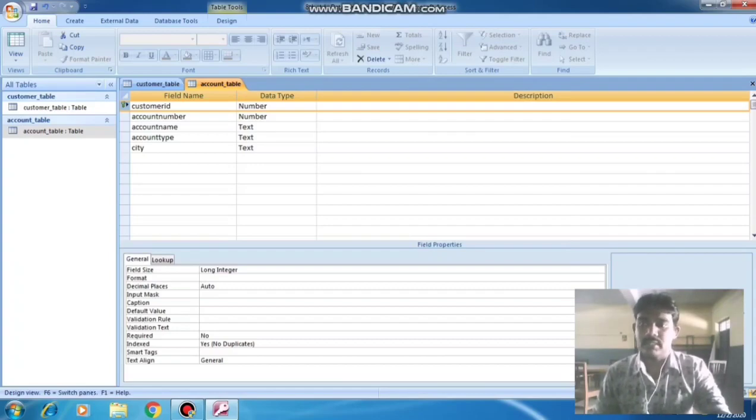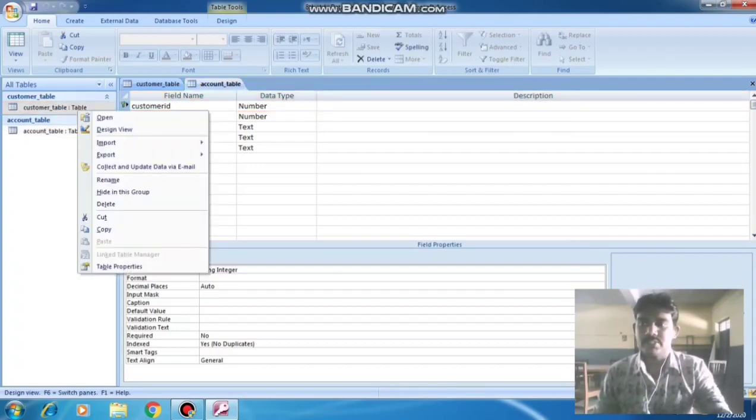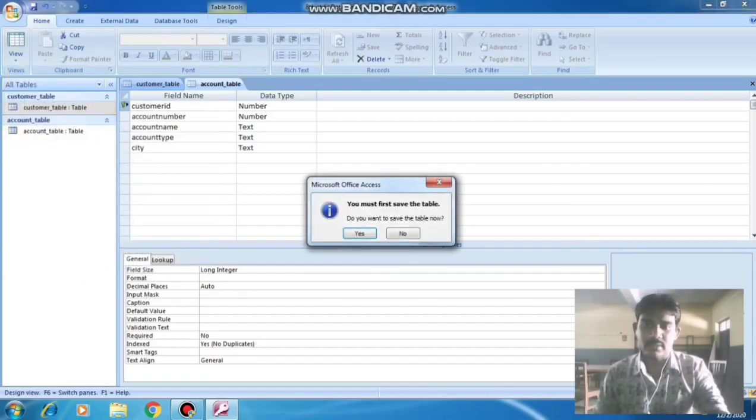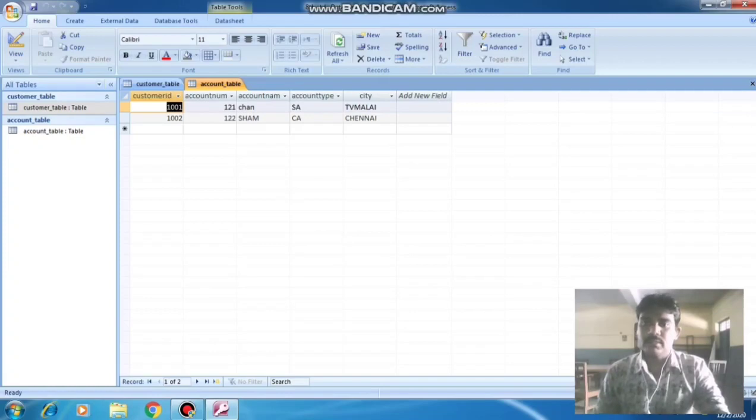How to sort in a table? Open the datasheet, here I have to sort. How to sort, sir? Go to the Home tab, here itself is the sort option. Sorting means ascending and descending. We have only two kinds of sorting, one is ascending and another is descending. A to Z is ascending, and Z to A is descending order in sorting.